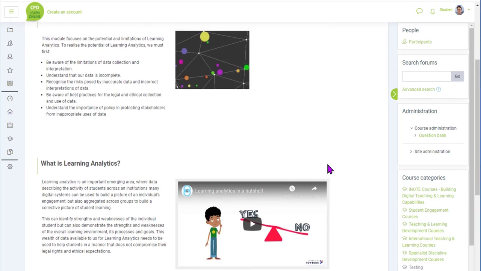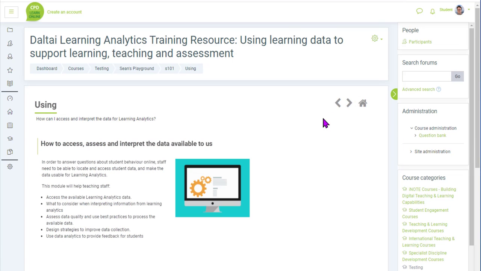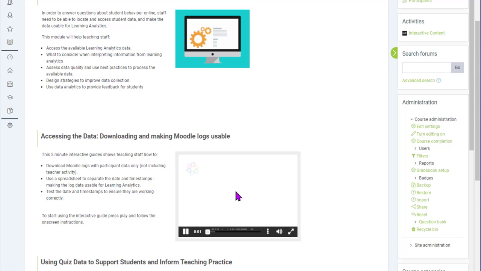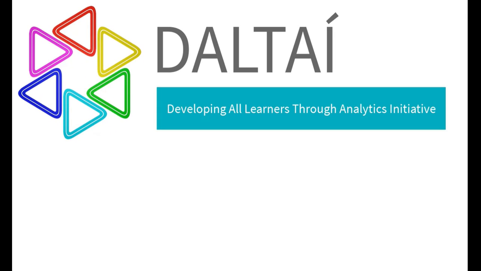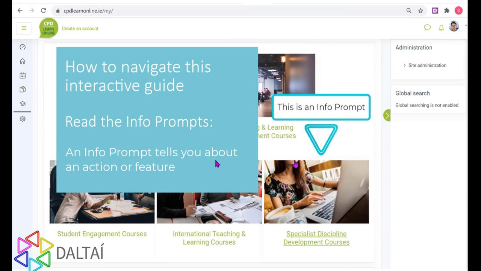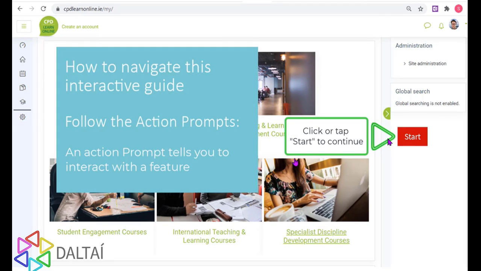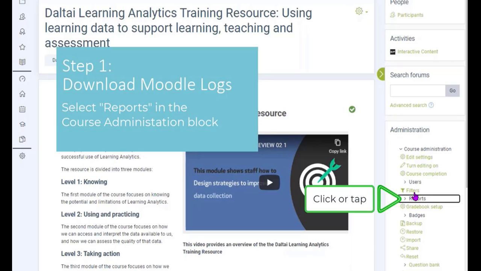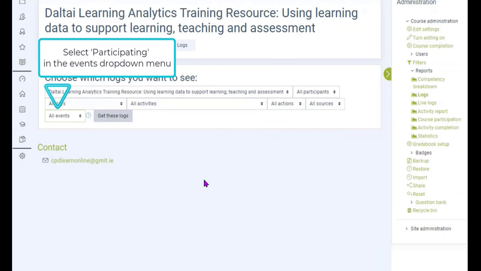In the using section, the resources are really focused on the basic task of accessing and assessing the type of learning data that is available to us. And the resources in this section, such as this interactive guide, are quite scaffolded. This one is showing teaching staff how to download Moodle logs and the correct settings to use, and how to make those logs usable by separating the timestamps in Excel. We have a number of those videos, and as I say, they're really scaffolded, showing users step by step